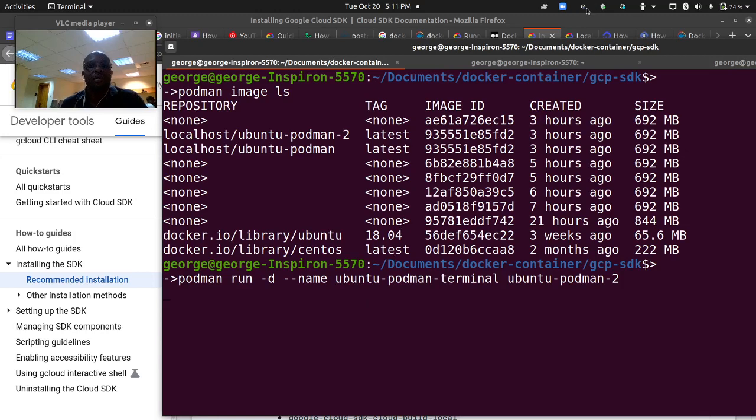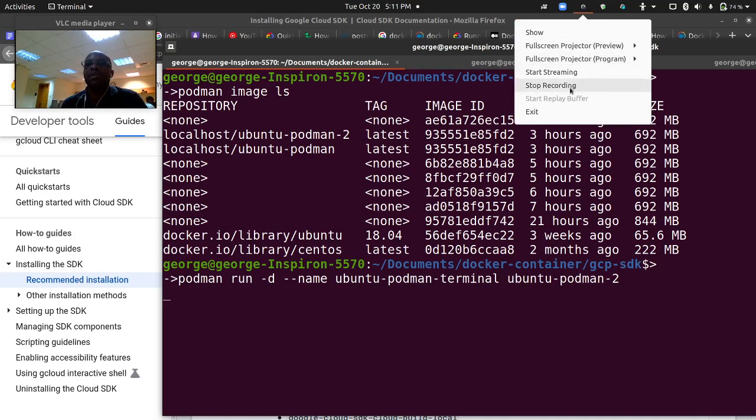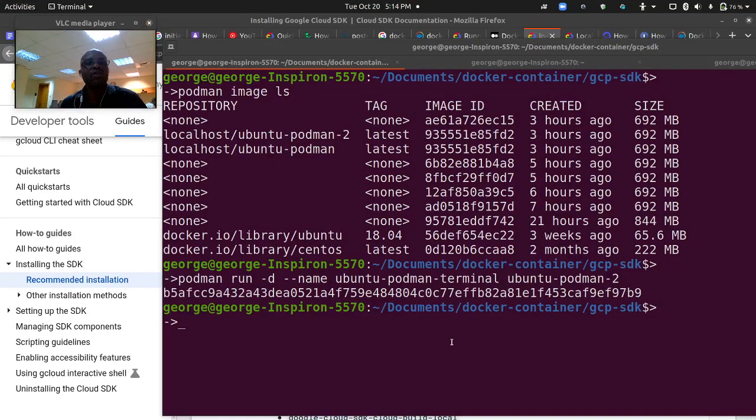Okay, this is obviously taking a bit to get through, so when it's done, I'll return. Okay, so the image of the container has been created, so let's clear the screen